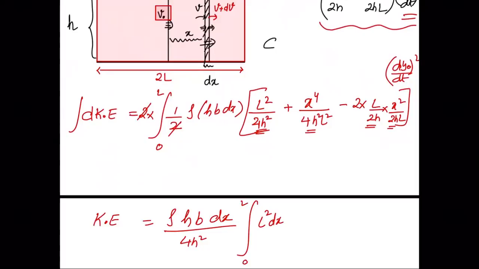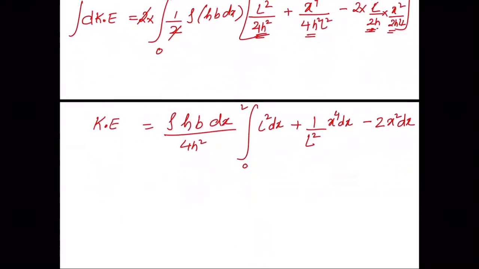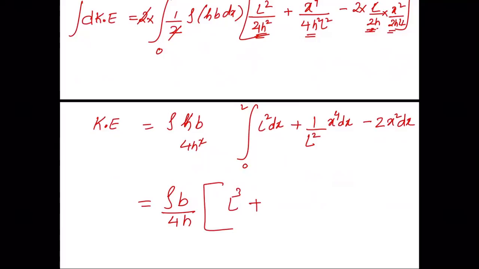जो कि क्या हो जाएगा l³ हो जाएगा, plus 1/l², right, 4h² common ले लिया था, 1/l² into x⁴ dx, सही है, ओके, फिर क्या है minus 2h² common ले लिया था, ये l आपका कट जाएगा तो minus 2 बचा है x² dx, ठीक है, तो इसका integration मुझे करना है from 0 to l and this will give me kinetic energy, तो देखिए भाई फिर ये क्या हो रहा है ρ, 2h कट गया, ρb upon 4h dx अंदर ले गया हूँ, integration करने के बाद l, ये l³ हो जाएगा plus x⁵/5, वो तो l⁵/5 होगा